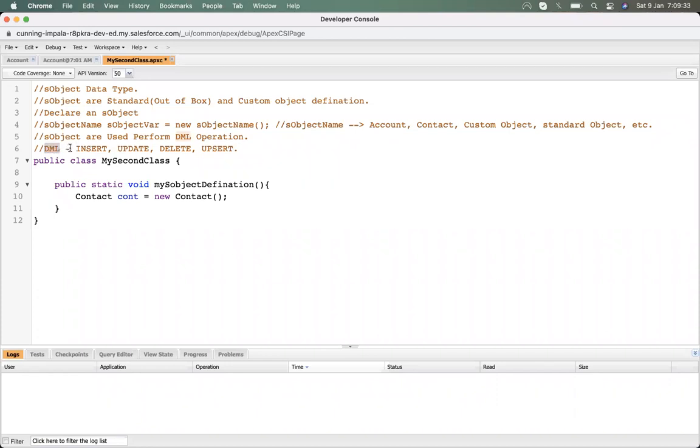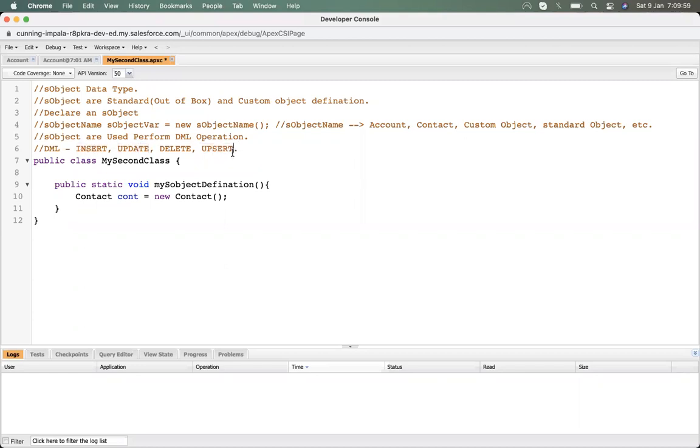It's a term in which these four operations are considered, whenever we are working with inserting data, updating data, deleting data, or upserting data. Insert, update, delete, you all are familiar. Upsert means it will check for the update. If that record exists, then it will update, and if that record does not exist, then it will insert.